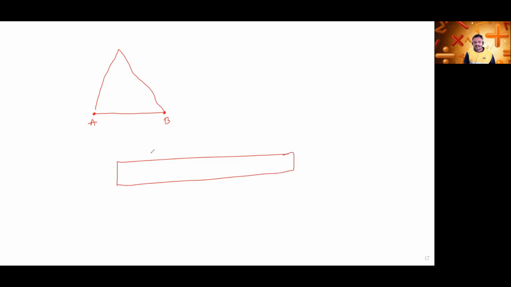So you will measure it with the help of a rounder, or you can use the divider also, no issue. Suppose you are using a divider, then take this distance and this is your scale. Put one point at 0 of the scale and the other point somewhere. You will get the distance on the scale. Similarly, you will measure segment CD, segment PQ, segment EF. I will show you how to measure it.